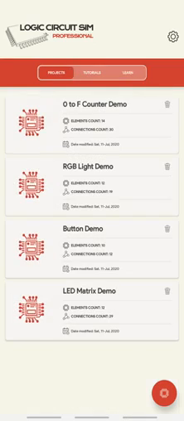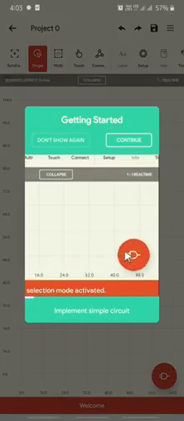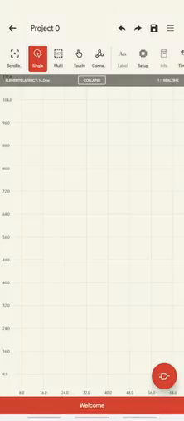For us to simulate, we need to go to projects, and at the bottom right you have a symbol of an IC. If I click on that IC symbol, the project space opens here.